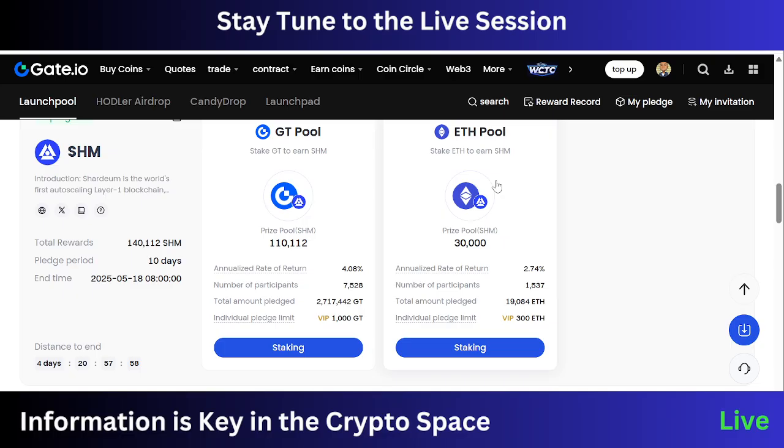The number of participants is 1,537, and the total amount pledged is 19,084 ETH. And the individual pledge limit